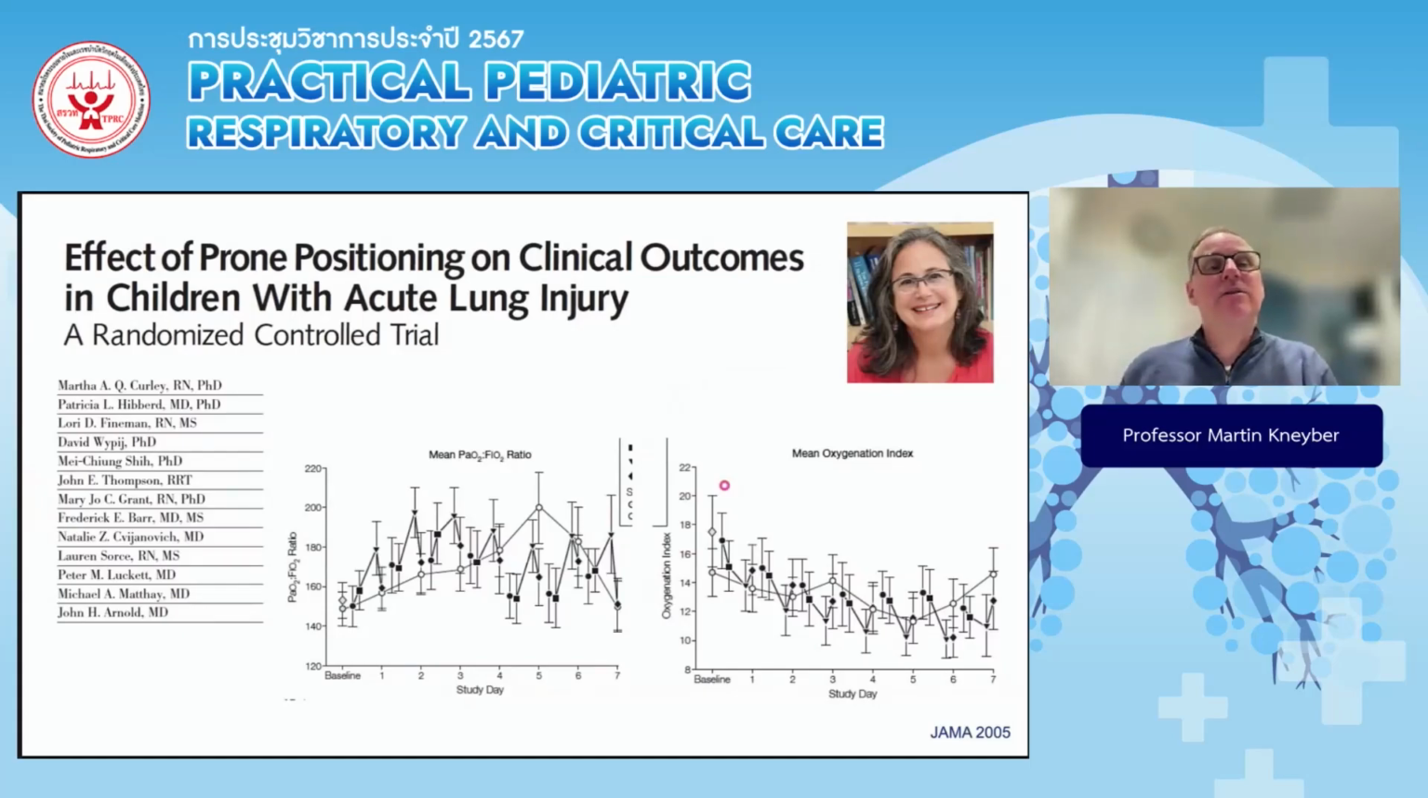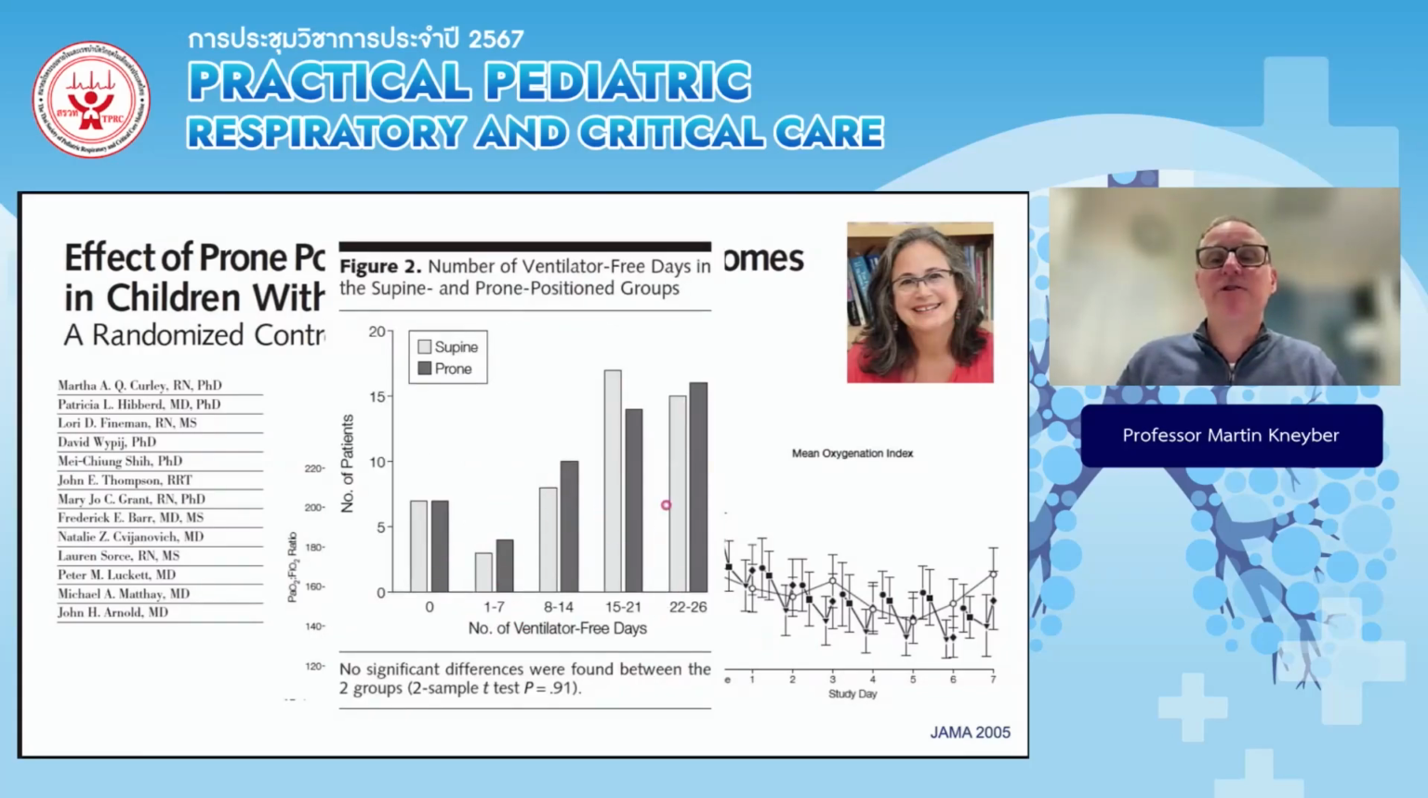Now we can argue that the same holds true for the pediatric trials that are out there. So we have, for example, the prone trial from Martha Curley, published in JAMA in 2005. Children with acute lung injury were randomized to prone position or supine positioning. And as expected, the oxygenation improved, the PF ratio improved in subjects randomized to prone, and the OI improved. But overall, there was no difference in ventilator-free days between the supine and the prone group. And again, this probably can be explained by the fact that all patients with acute lung injury were entered in the study, and not those with either severe disease or